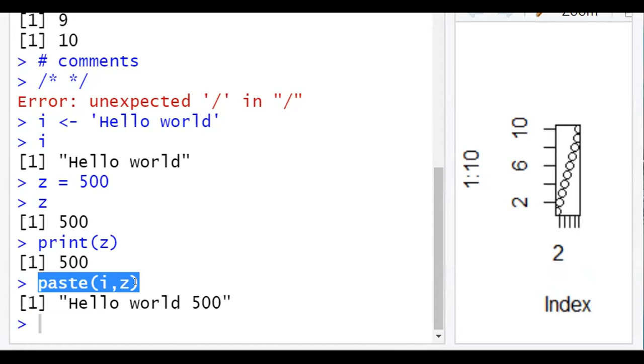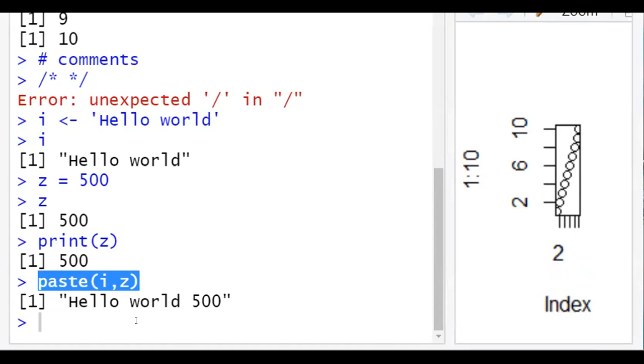So paste I comma Z is used for concatenation. We can concatenate any number of variables or elements, or directly supply the value over here. We have to use the comma operator, so each element should be separated by a comma. So this is for concatenation.